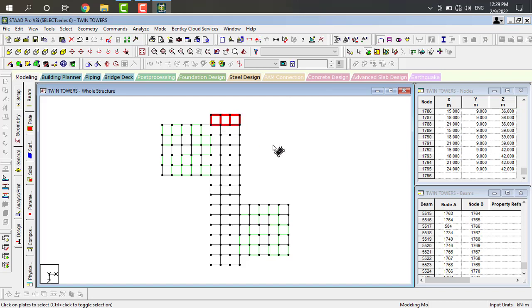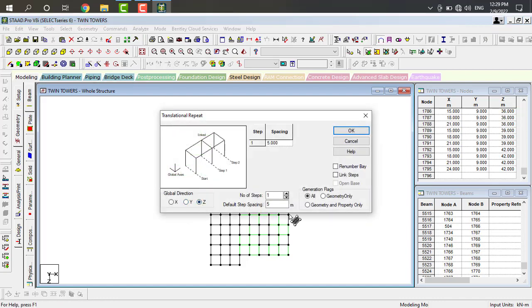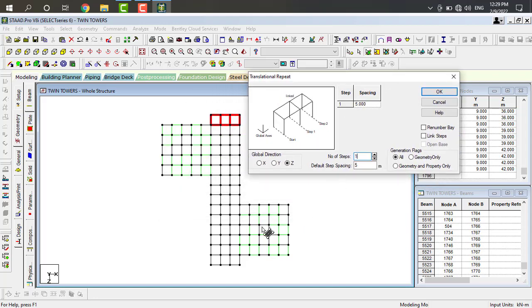Here I want to take a translation repeat in Z direction. Here our total number of steps will be 14. Why? Because up to here it will be 9 and here it will be 6. So total it will be 14.